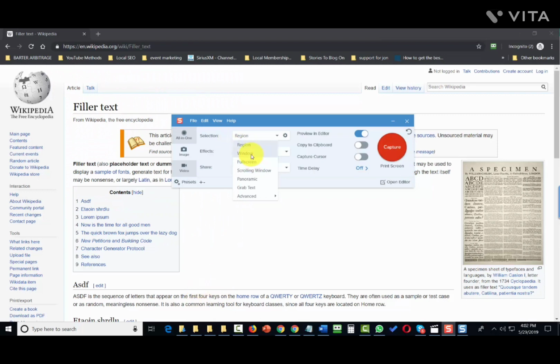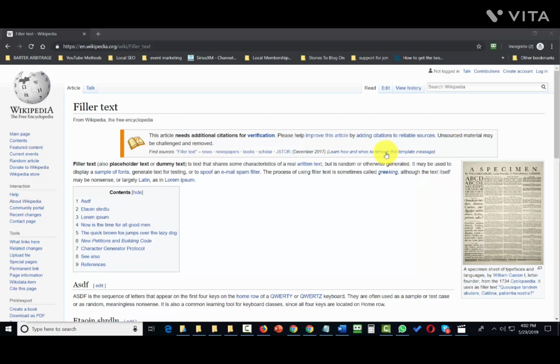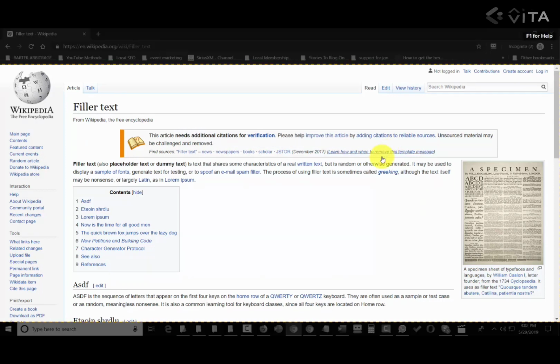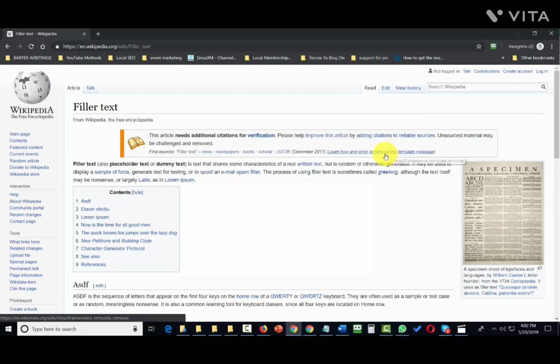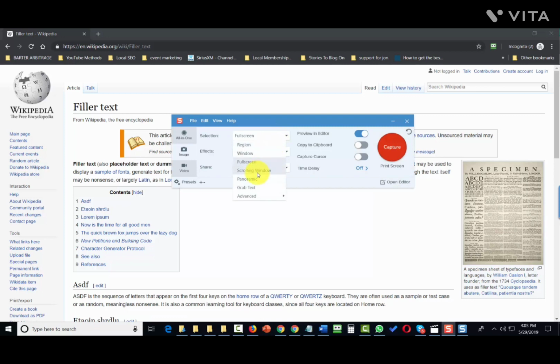You're going to be able to capture the entire window. If that's the case, when you click the capture button, you'll then be capturing the entire window, as you can see. We're now going to click the escape button. We can choose to capture the full screen. We click capture. That's going to allow us to capture the full screen. We can choose to capture a